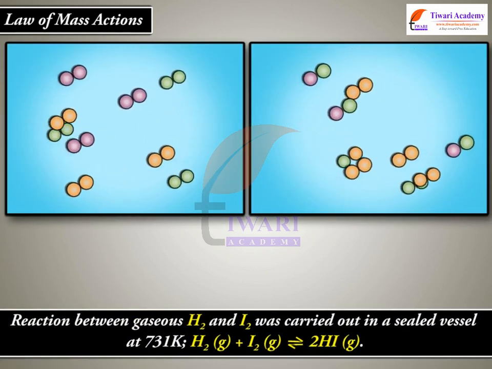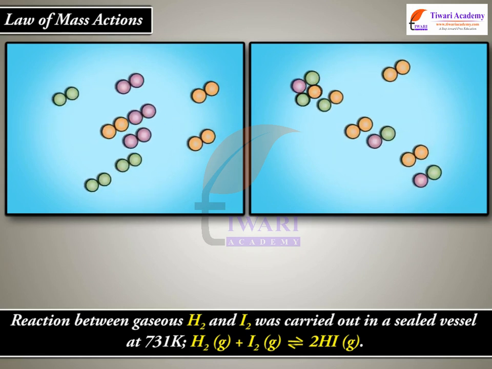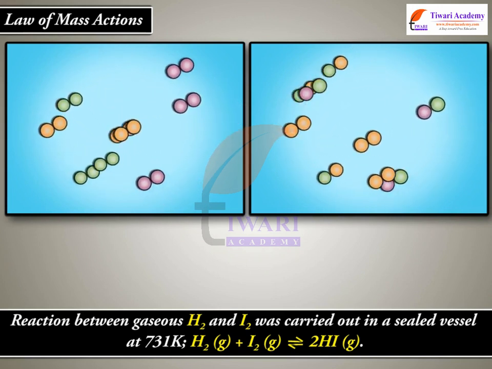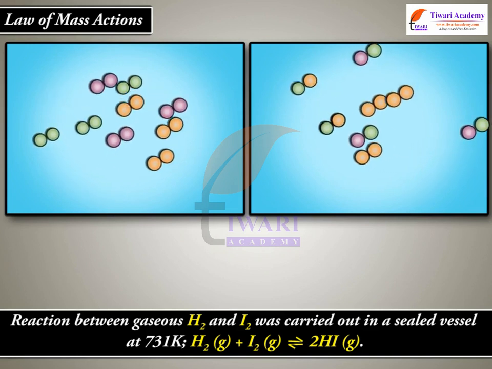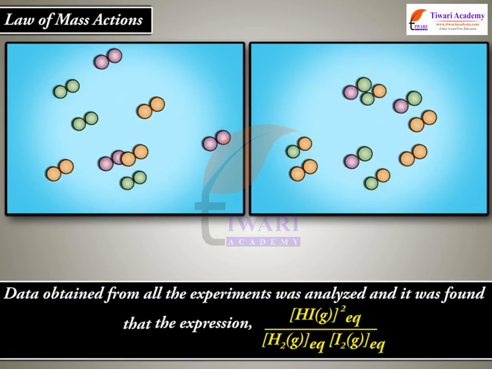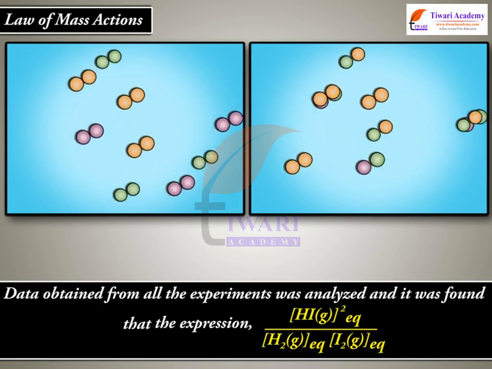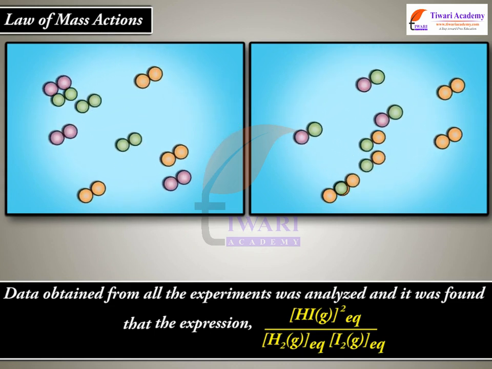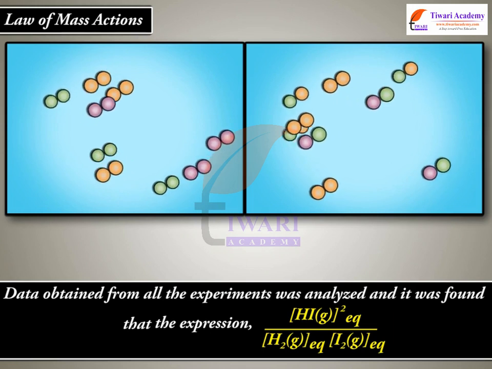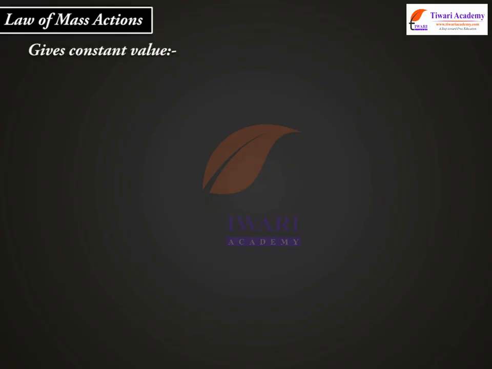Reaction between gaseous H2 and I2 was carried out in a sealed vessel at 731 K. H2 gas plus I2 gas in equilibrium 2HI gas, a reversible reaction. Many experiments with varying initial conditions were performed. Data obtained from all the experiments was analyzed and it was found that the expression, square of the concentration of HI gas at equilibrium upon concentration of H2 gas at equilibrium into concentration of I2 gas at equilibrium, gives a constant value